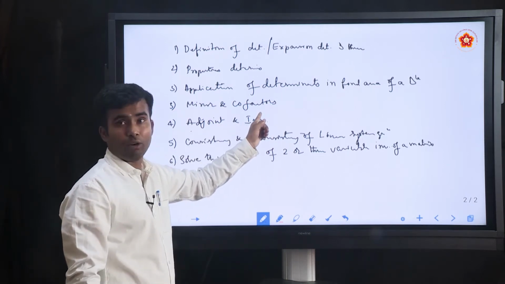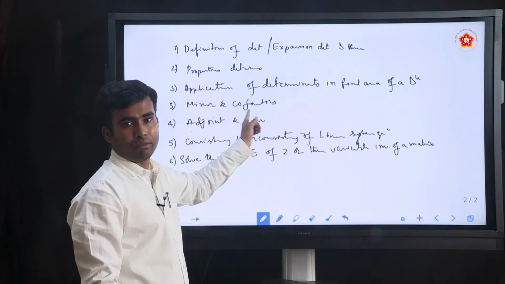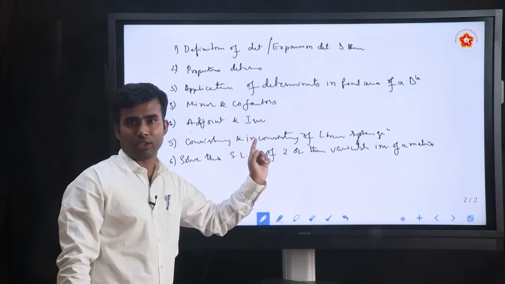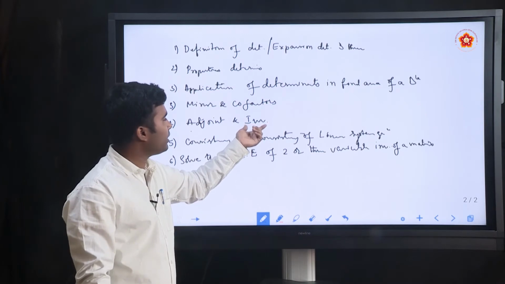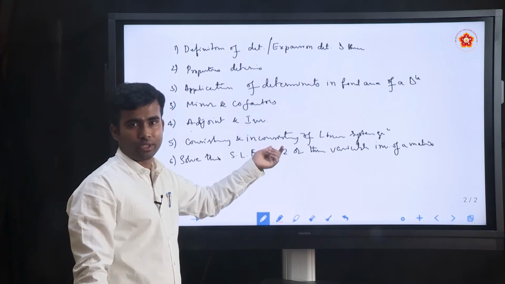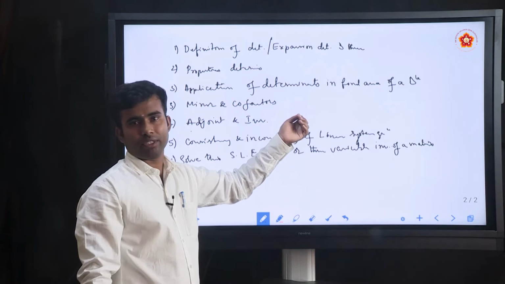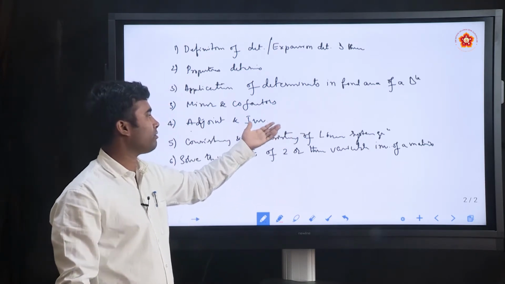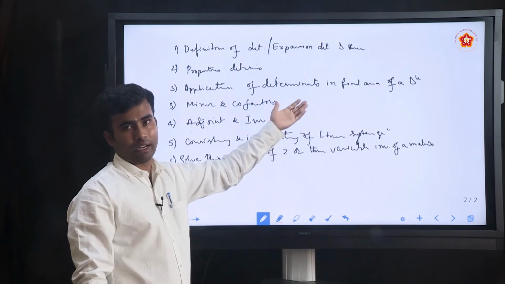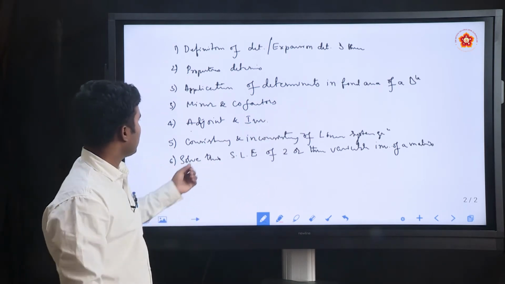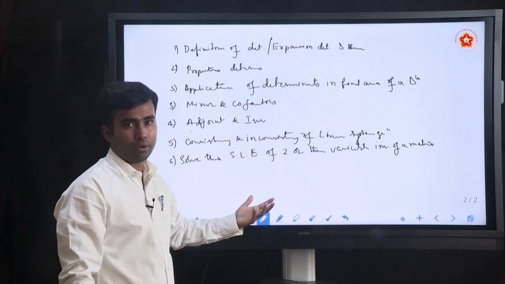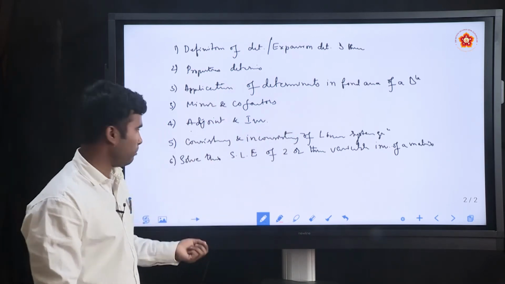Already we have learned finding the inverse of a matrix in the matrix chapter, that is the last exercise. We learned how to find the inverse of a matrix using elementary transformation of square matrices. Okay. We have learned finding the inverse of a matrix of first order and third order. So, here also we are going to find the inverse of a matrix, but we are going to do it in a different method, that is using determinants.